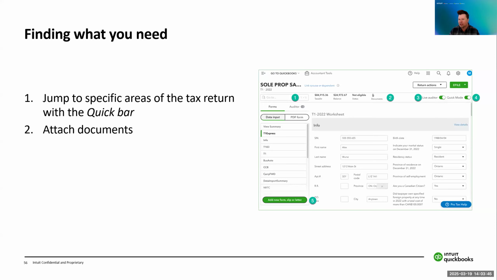Other things in the navigation part of your client's tax return, we see forms and then auditor. Forms basically gives you the list of all the forms that are on your client's tax return. Again, you can add forms if you don't see them there.